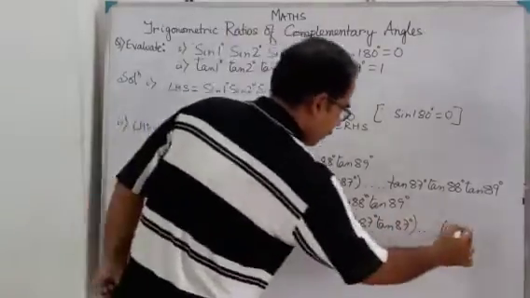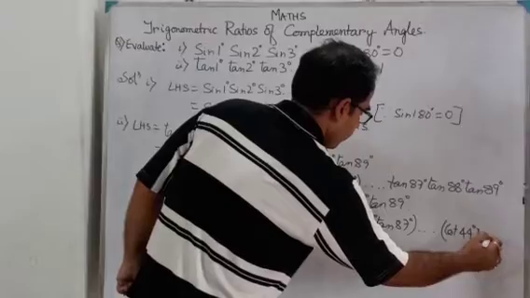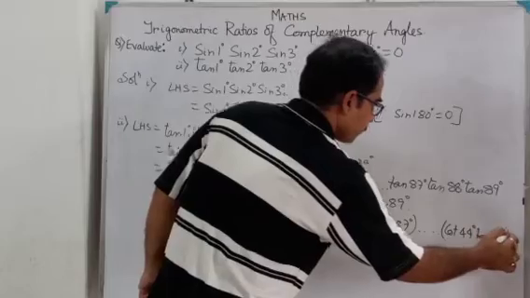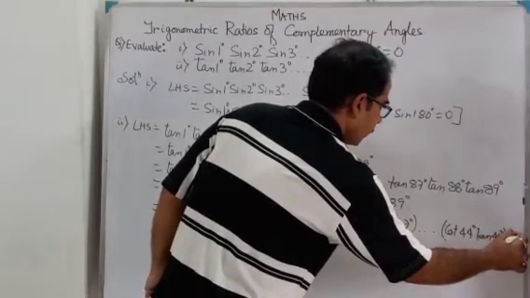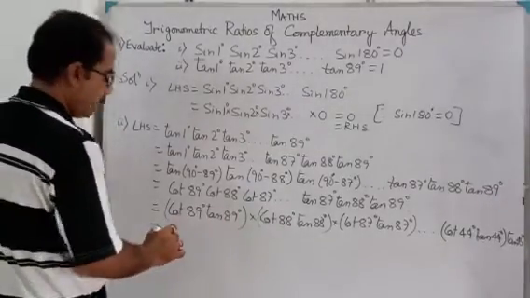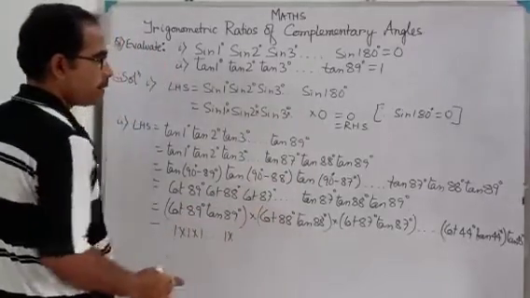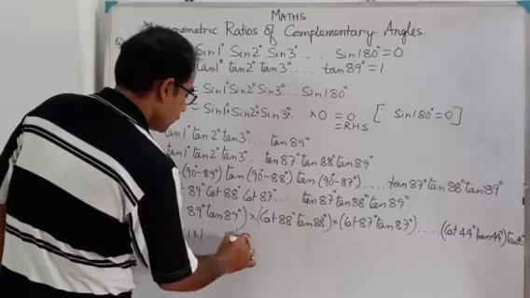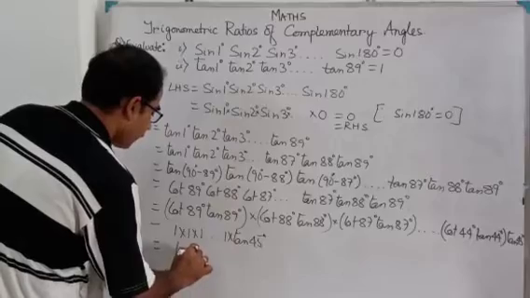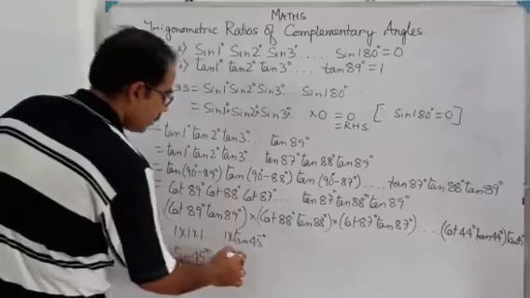Cot 44 degree and tan 44 degree. The remaining term will be left out, that is tan 45 degree, which will not pair. So this pair value is what? 1. So 1 into 1 into 1 dot dot dot 1 into tan 45 degree is also just kept here, tan 45 degree. Now no need to value. So tan 45 degree, from the table we get it 1. Yes, which is equal to RHS.